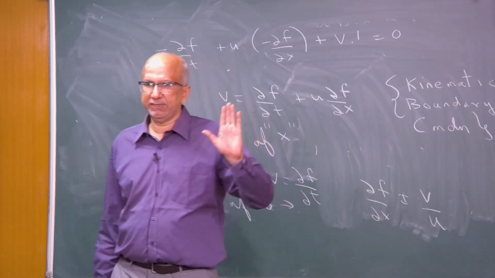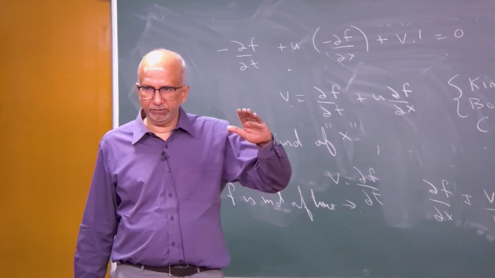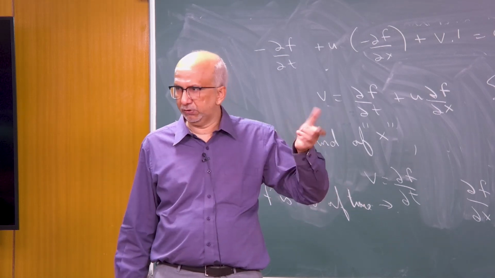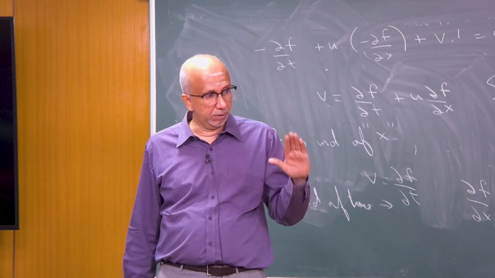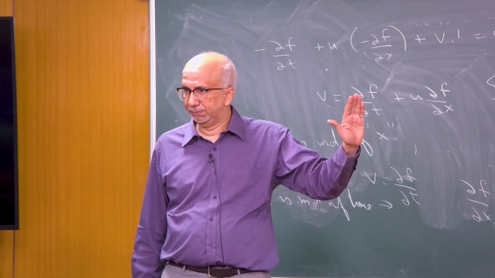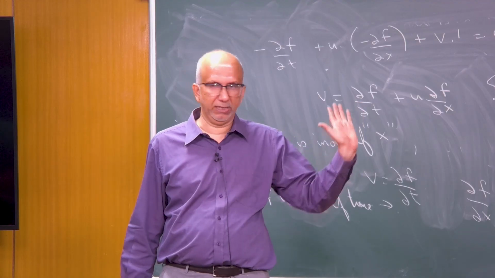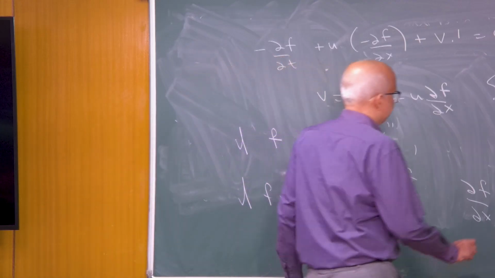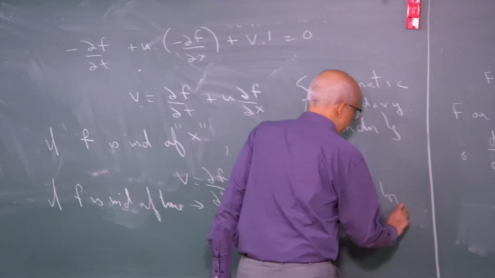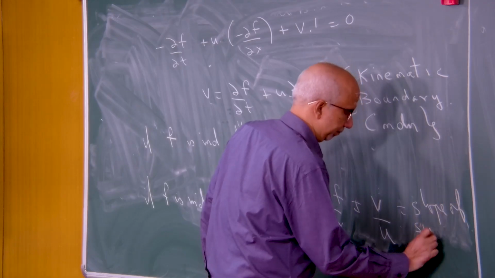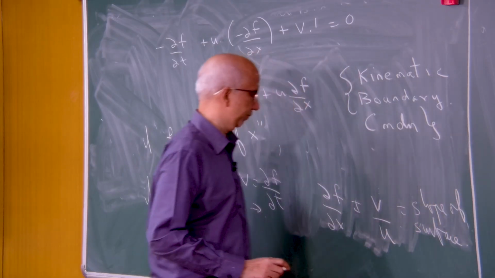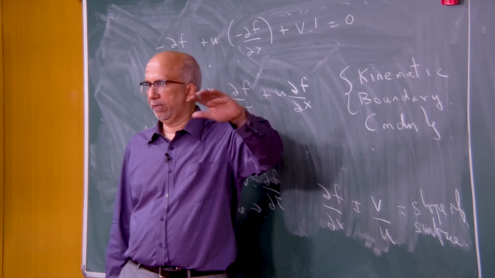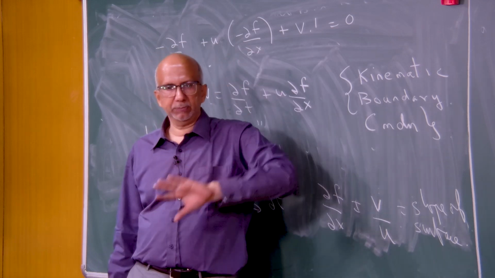So df by dx is the slope, and basically the slope on the surface is going to be given by the ratio of the velocities, the v and the u, because on the surface the velocity is going to be tangential. So this has two components, vertical component and the horizontal component. So basically this is the slope of the surface, and now the surface is not changing with respect to time. You have some surface, that means what? The liquid is moving in that direction.